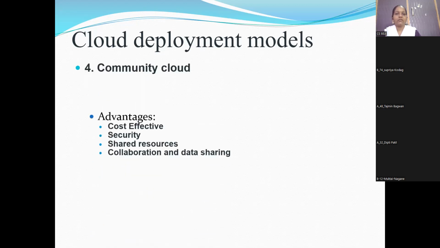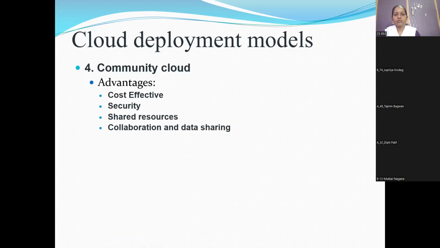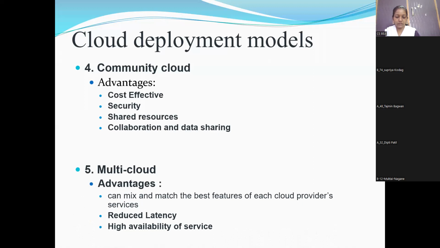And then finally the community cloud, how it is suitable for the environment, like the cost effectiveness, security, shared resources, collaboration, and data sharing. Those advantages we have seen in brief. And it was having good advantages over the others. So that part we have seen last time.